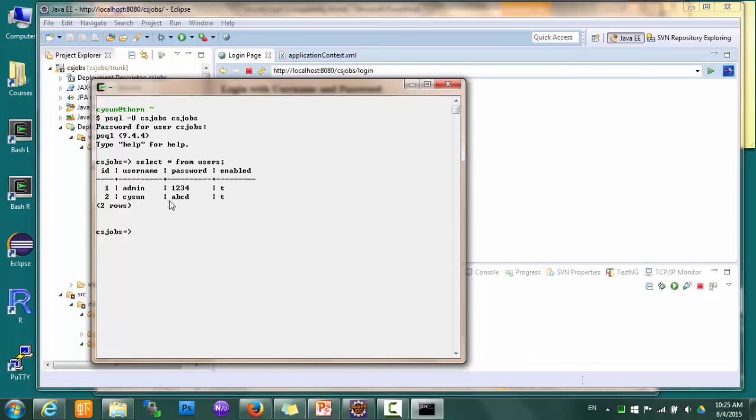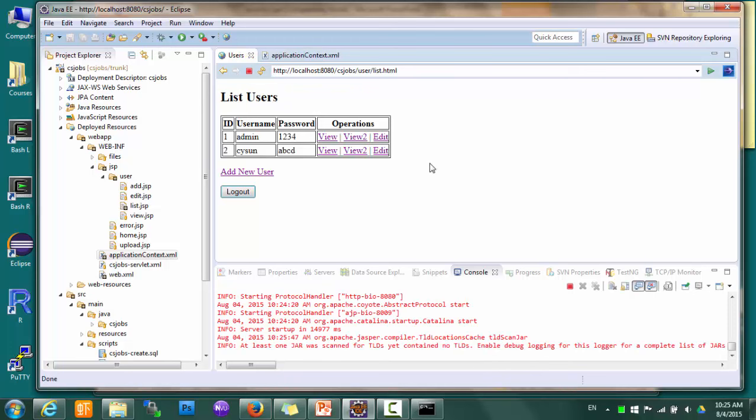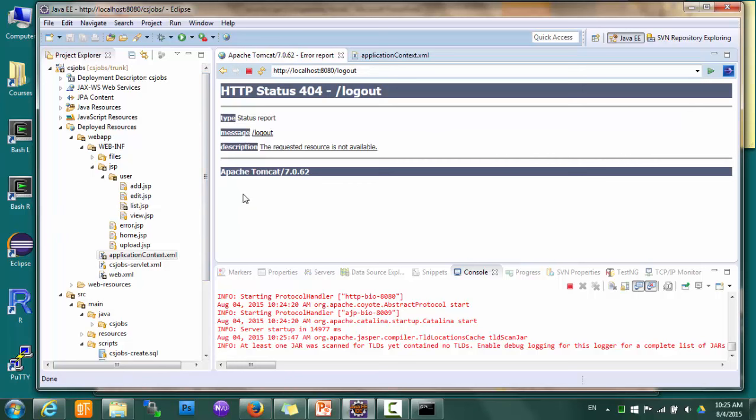Okay, I have CY Sun ABCD and admin 1, 2, 3, 4. So let's log in as ABCD. And now I can access this list user page. And if I click logout,